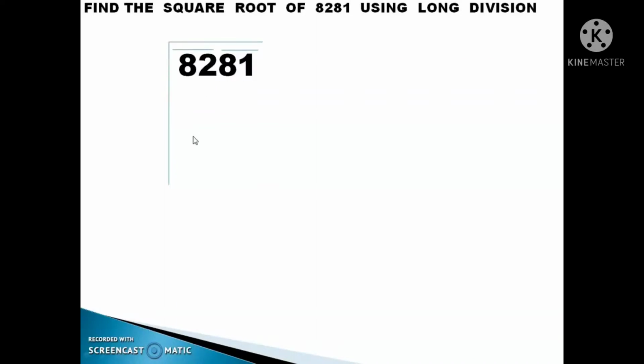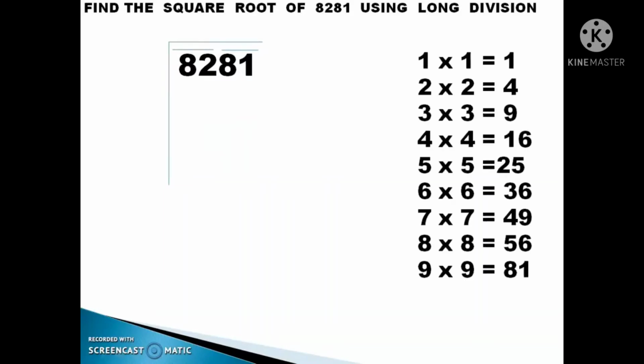Now, after pairing, the table which you should know is this one. What is this table? Is it the multiplication table of 1? Let's see. 1 into 1, 1. Okay. 2 into 2, 4. What is this table saying? This is the square table. You can see we are multiplying the same number. 1 into 1, 1. 2 into 2, 4. 3 into 3, 9. And so on.